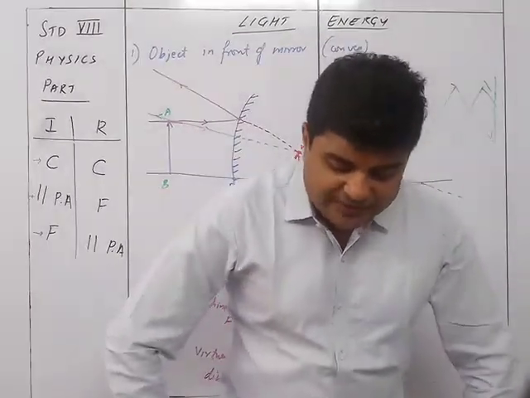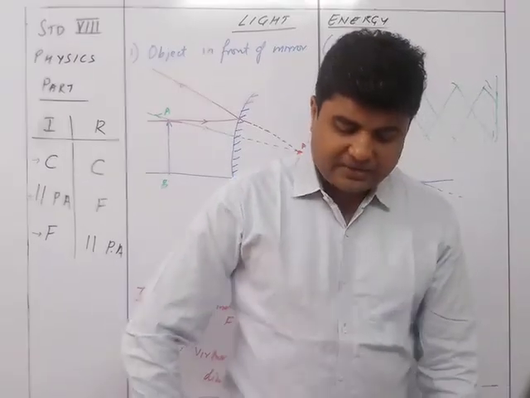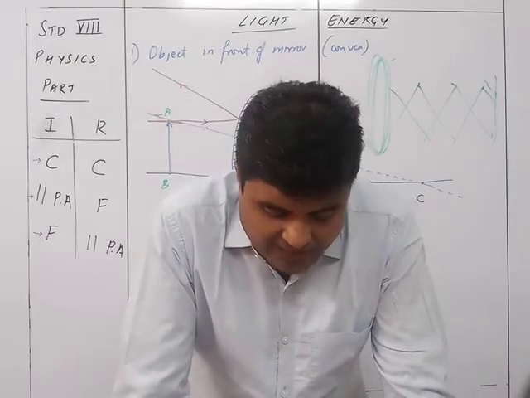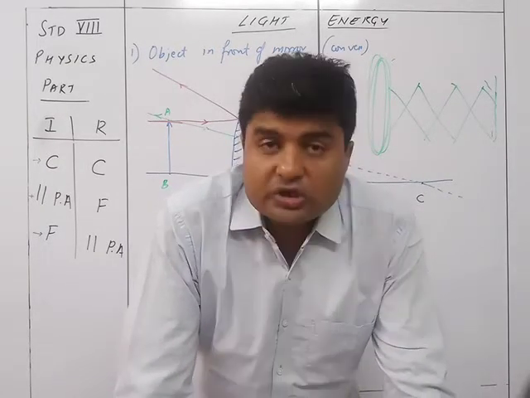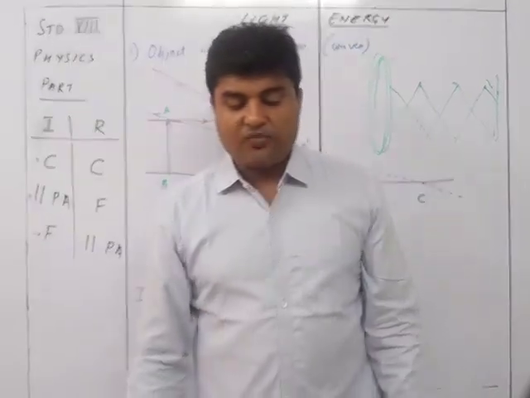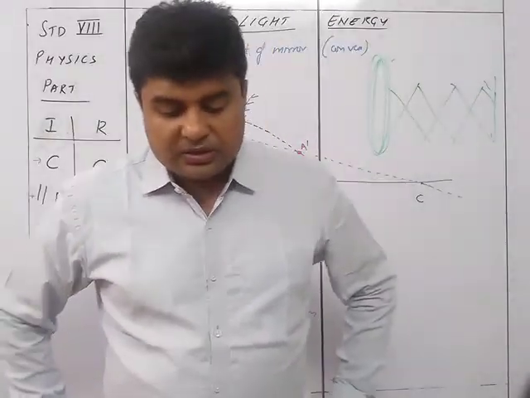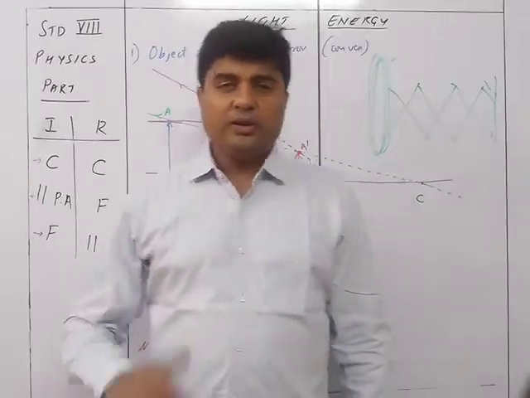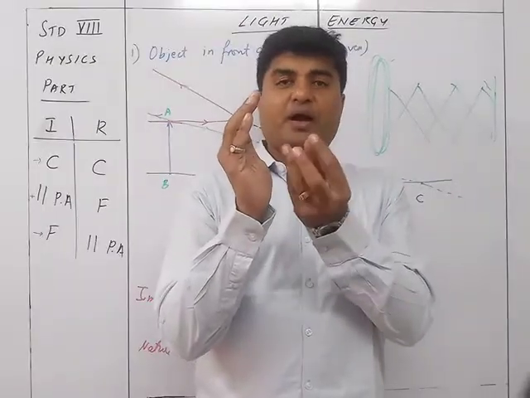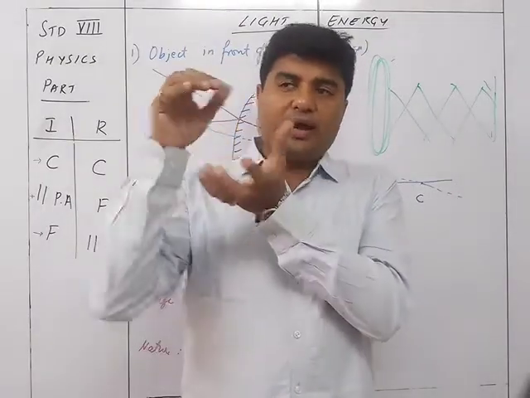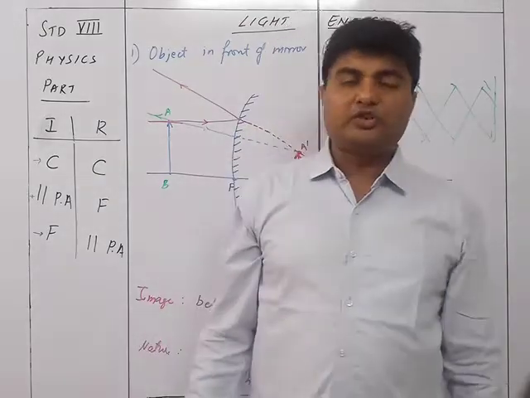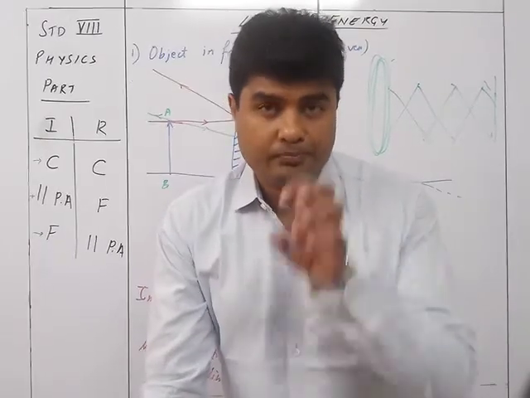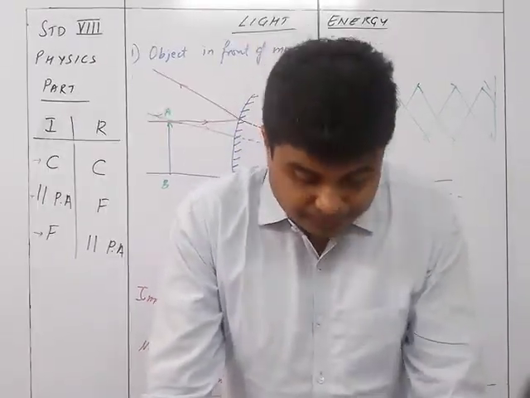If a source of light is placed at the focus of the concave mirror, we get a parallel beam of reflected light. This fact enables us to use it as a reflector in torch, searchlights and headlights of a car and other vehicles. The source of the light or lamp is placed on the focus of the concave mirror reflector. So if a bulb is placed at the focus of the concave mirror reflector, the light is going to pass over here and give you a beam of light which is parallel to the principal axis because it is coming from the focus. So this will give you a good searchlight or a beam of light.